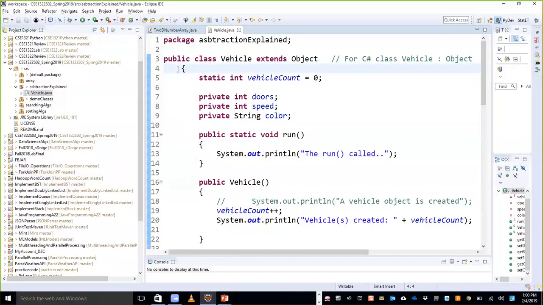In order to be an abstract class, this class must contain at least one abstract method. And then the question is, what is an abstract method? An abstract method is a method that does not have any implementation. Okay, for instance,